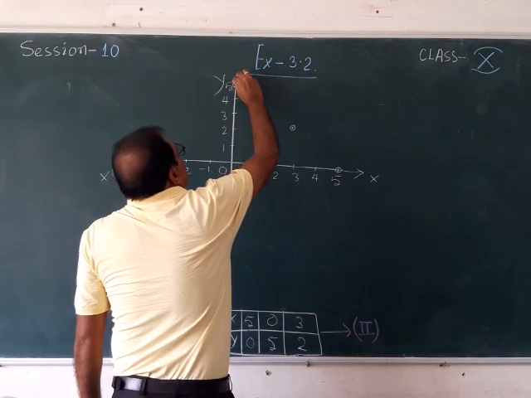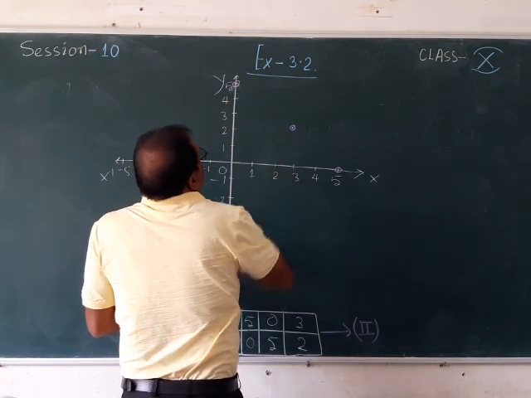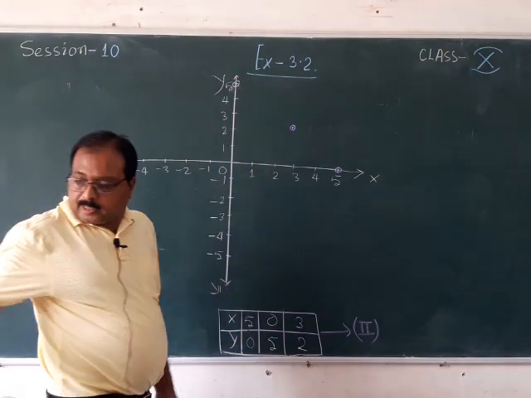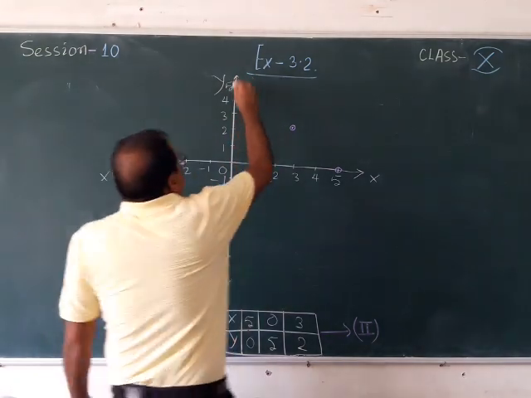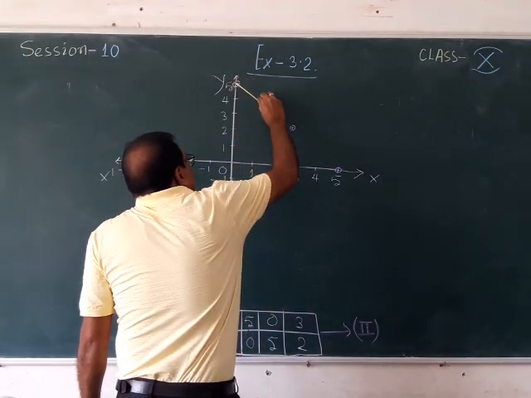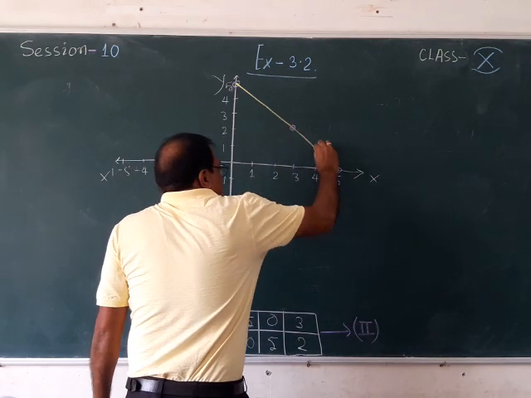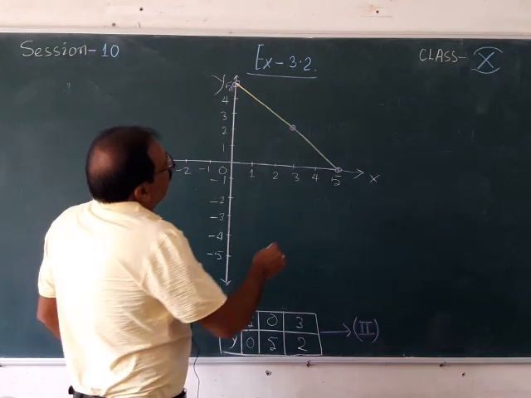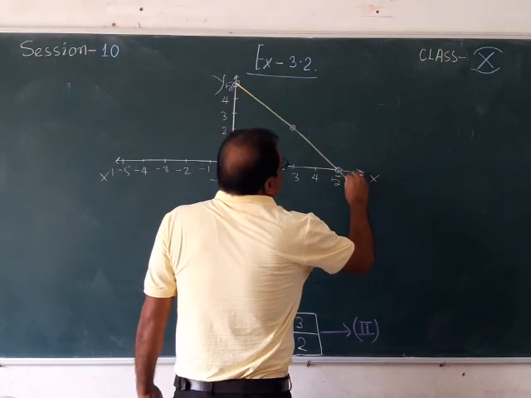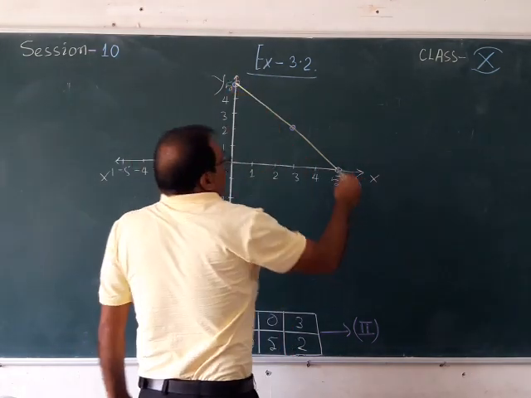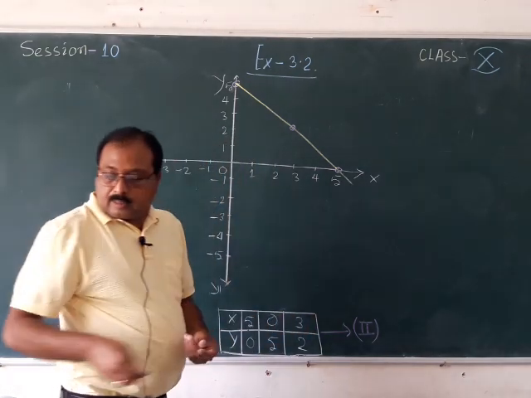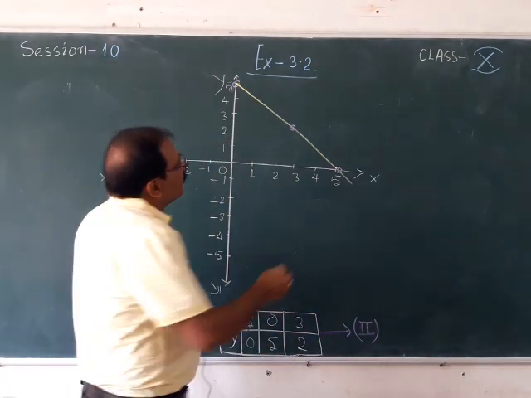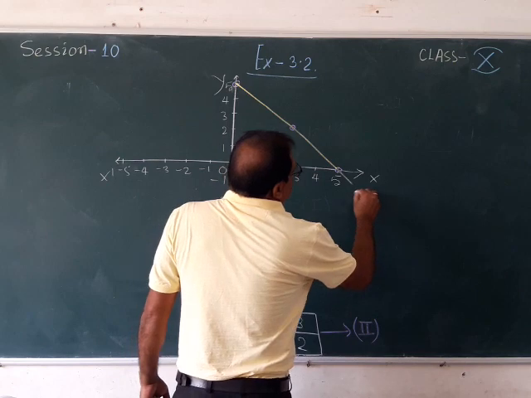So you can draw the graph, and when I am drawing the graph, it is passing through this line. That means the graph is like that. You will be getting the graph. This is the graph of the first equation. The graph which we have got, this is the graph of the first equation,